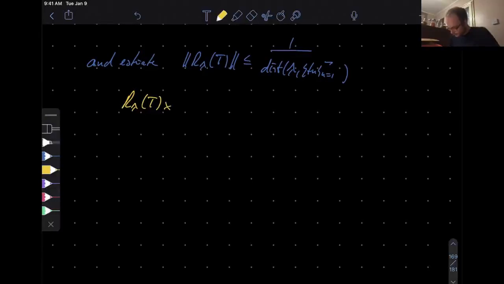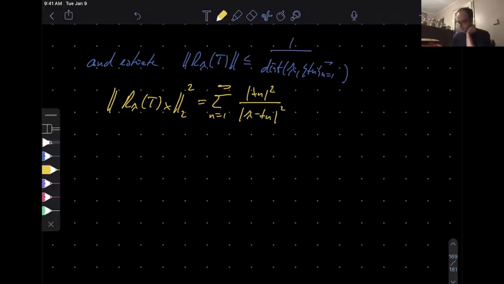So if you look at R_lambda(T) x and you do a 2-norm on this, by the way I have defined it, then this would be the sum from n equals 1 to infinity, let's do a square here, and then it would be x_n squared, and then lambda minus t_n squared, right? So now what you can do is you can easily estimate this guy down here